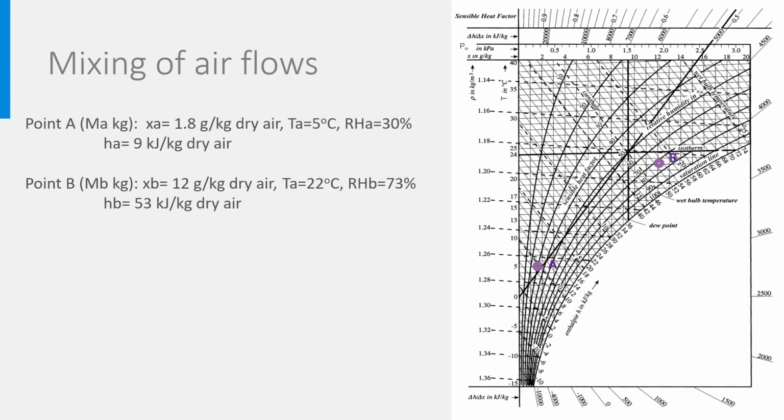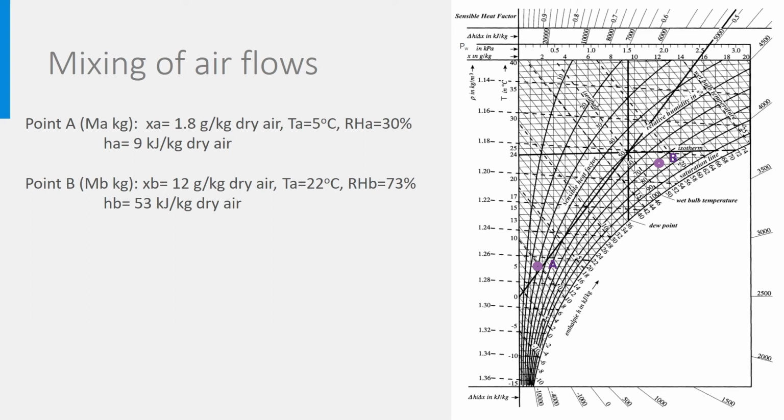Sometimes two flows of humid air with different properties need to be mixed. It can happen in recirculation systems where, to save energy, indoor air is mixed together with outdoor air. We will study this briefly in another lecture. Be aware that very often it is not wise to mix clean outdoor air with polluted indoor air in view of hygiene. Think of the circulation of viruses like COVID-19, for example. Having said this, let's look at how this air mixing works.